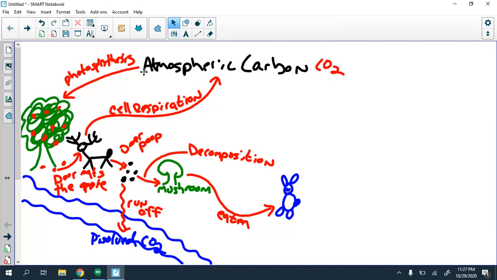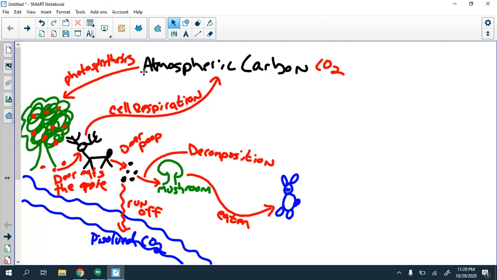All right, so now the carbon that was in the atmosphere, that was captured by the apple tree in photosynthesis, was then moved into the deer because the deer ate the apple. Some of that carbon was then put back into the atmosphere through cellular respiration. Some of that carbon was trapped in the deer poop that maybe ran off in the water and became dissolved